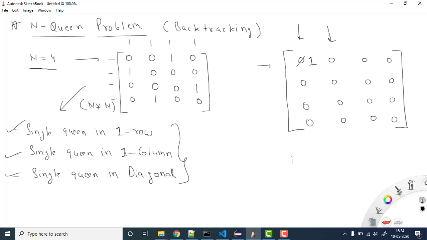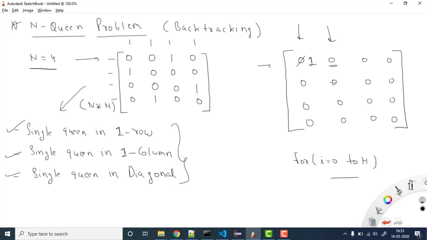So basically for each column we are checking, for i equals 0 to n rows, where we can put our value. First of all I will check whether I can put the queen here. Now the point is, you cannot put the queen here because there is one here.